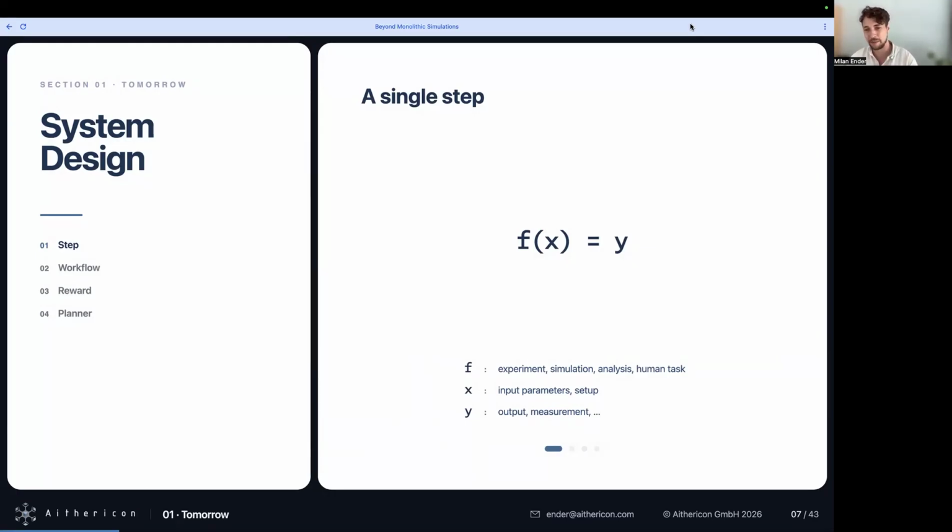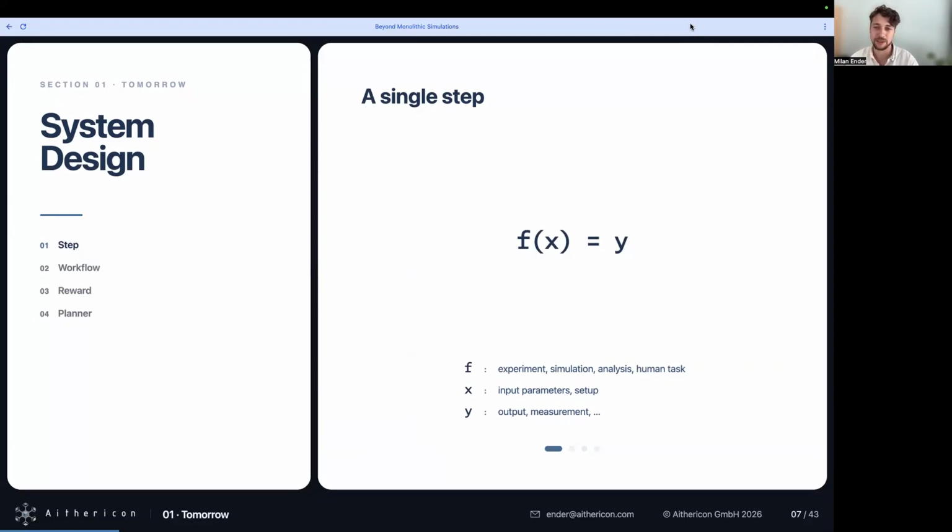And I come here with very crude abstractions, but that should show where the pathway is going for more automated research.